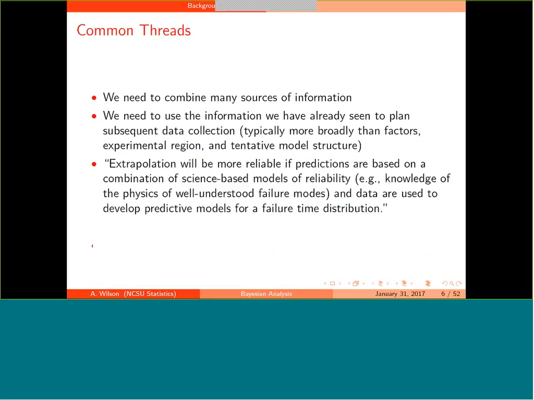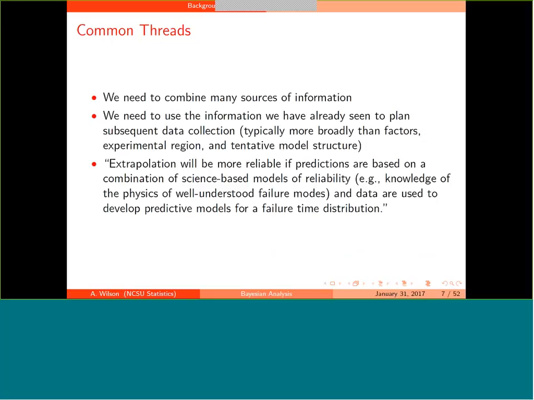So again, just to start talking, some of the common threads that we have here: we need to combine many sources of information. I think very typically something that we see across these questions is that we need to use the information that we already have seen to start to think about subsequent data collection. And sometimes this is a fairly narrow, fairly traditional experimental design, but often it's much more complex, where we are